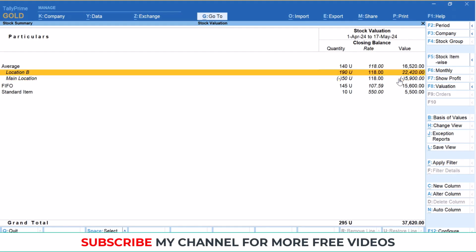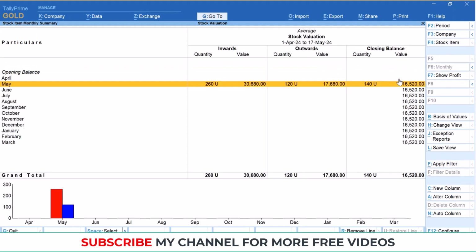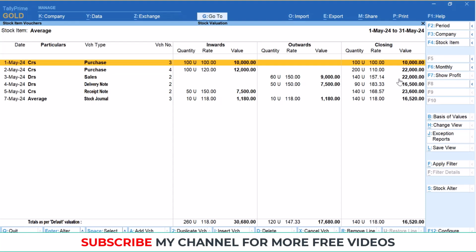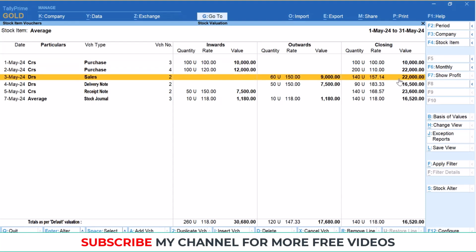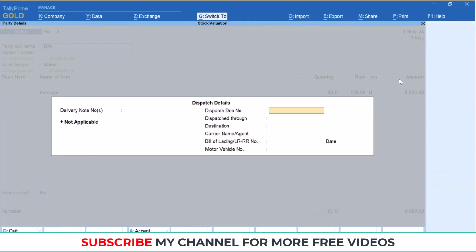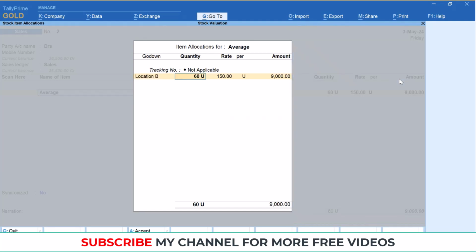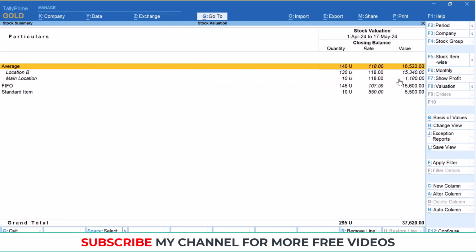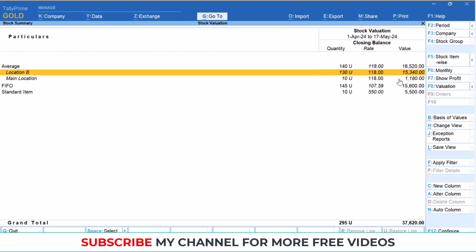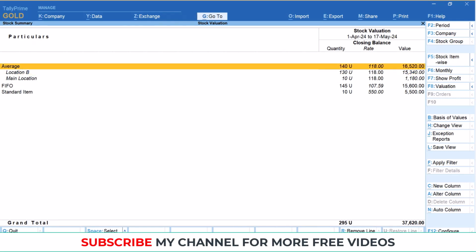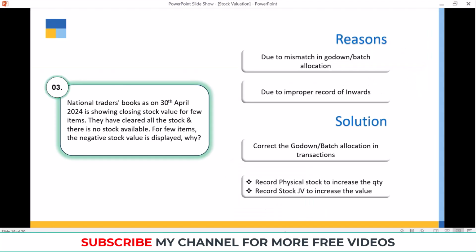We have to go and make proper corrections. You have to identify from where the total valuation is getting changed, and go and make the respective corrections from there. Once these corrections are made, it will be proper. We'll get the value in positive. So such corrections are required, or if you're passing a physical stock voucher or a stock journal entry, in those cases also we'll get this